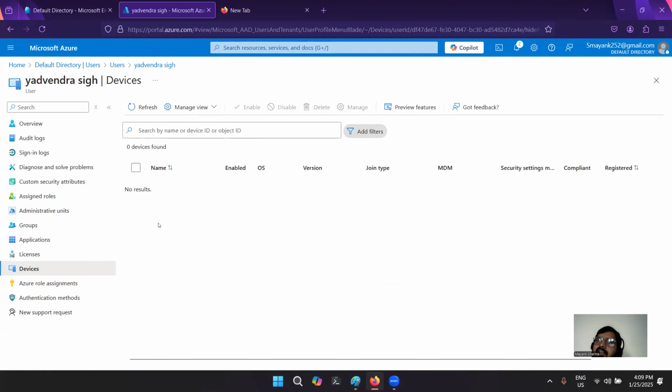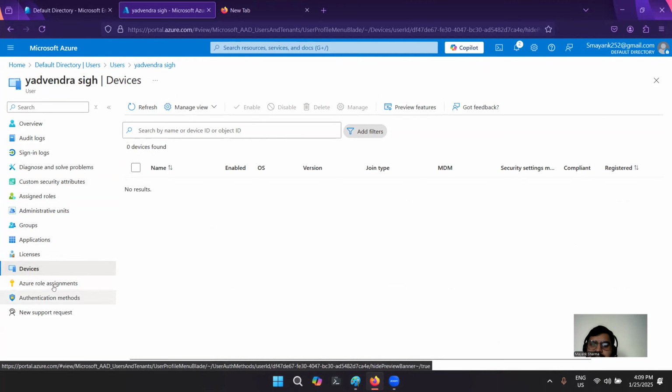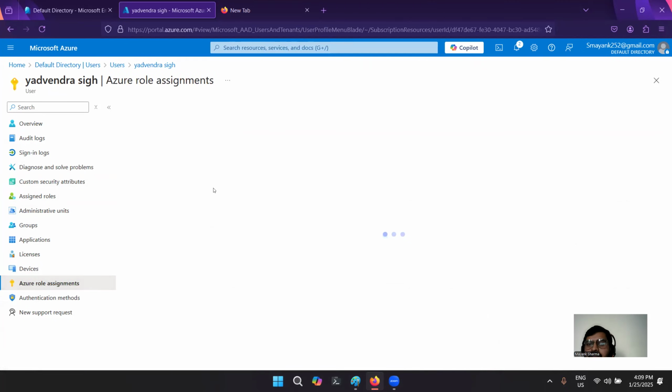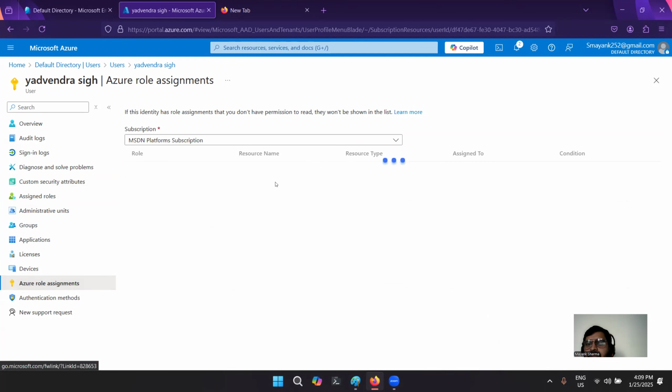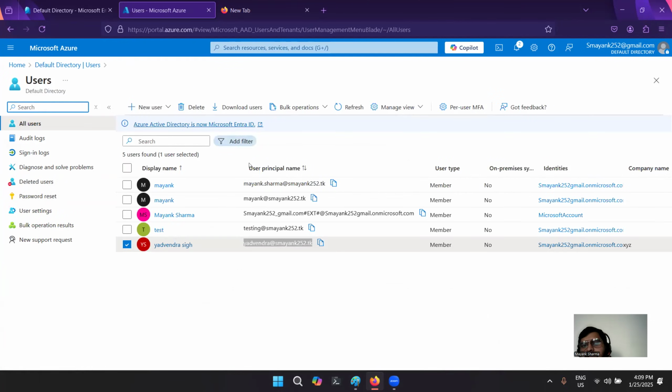Like when we get a laptop from our organization, they also set up Microsoft Intune to manage that particular device. So all that information you can get here, if it is applied, and what roles this user has been assigned on this platform. So right now, none. Now before diving more into it, just simply sign into this user.